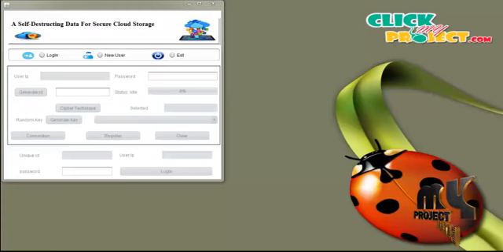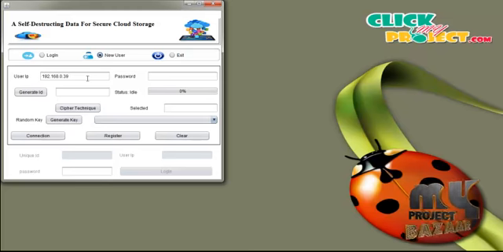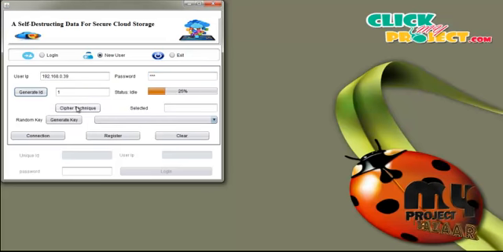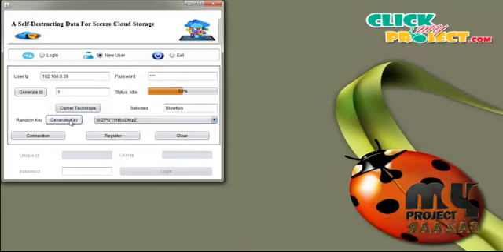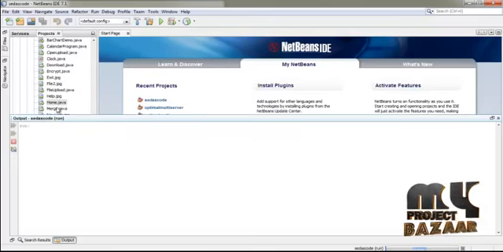Let us see the demo of SeDas, self-destruction data for secure cloud storage. Press new user. You can get the IP automatically, and then enter the password and click generate ID. Then press cipher technique. Here the cipher technique we are using is Blowfish, and then press generate key. In generate key we have to give the number and then press OK. Now the keys are generated, and now we have to start the server, that is